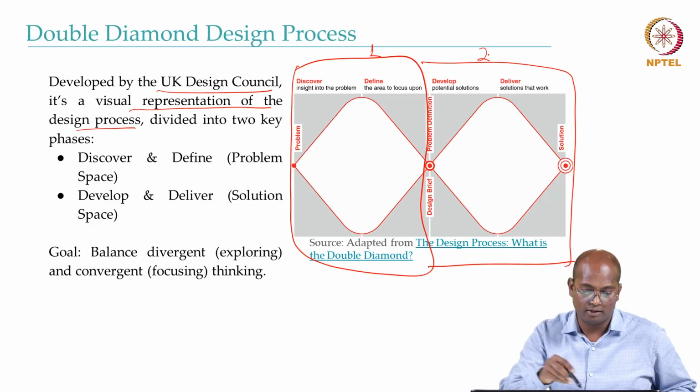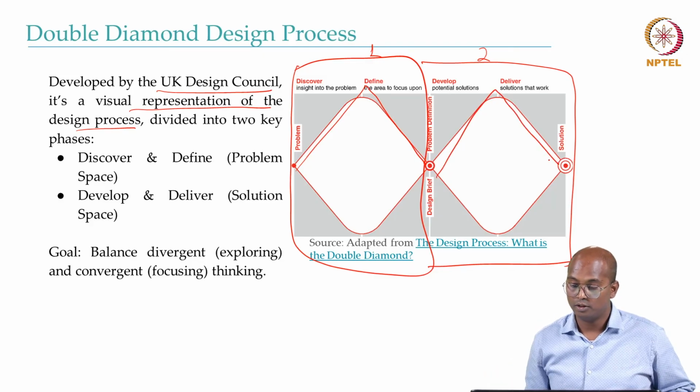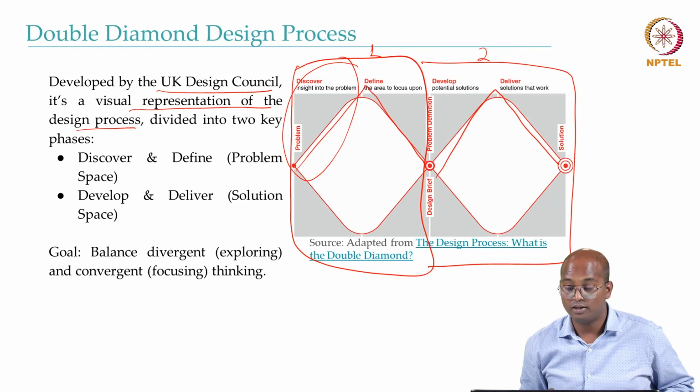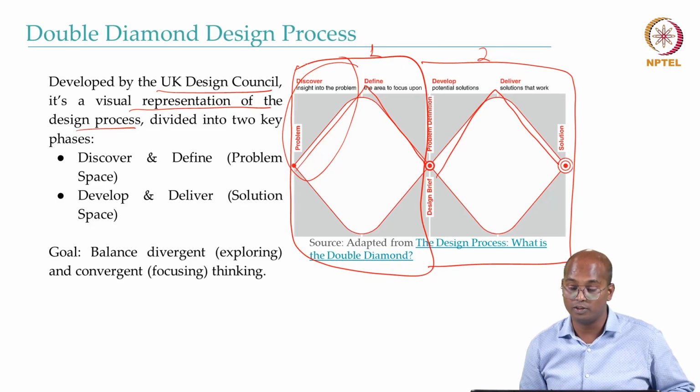There basically you can see that in the discover and define, there is divergence and there is convergence. Similarly here in phase 2, there is divergence and there is convergence. So this divergence is more like, because this first part is for discover, you need to have insight into the problem. So you may come up with so many insights. There is probably no restriction, just think about how you can define the problem, what all the ways you can get the insight of the problem, and so on.